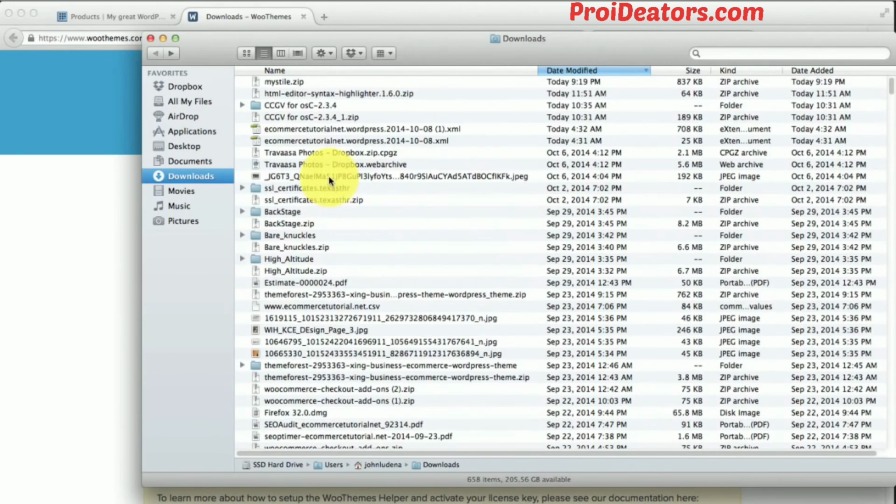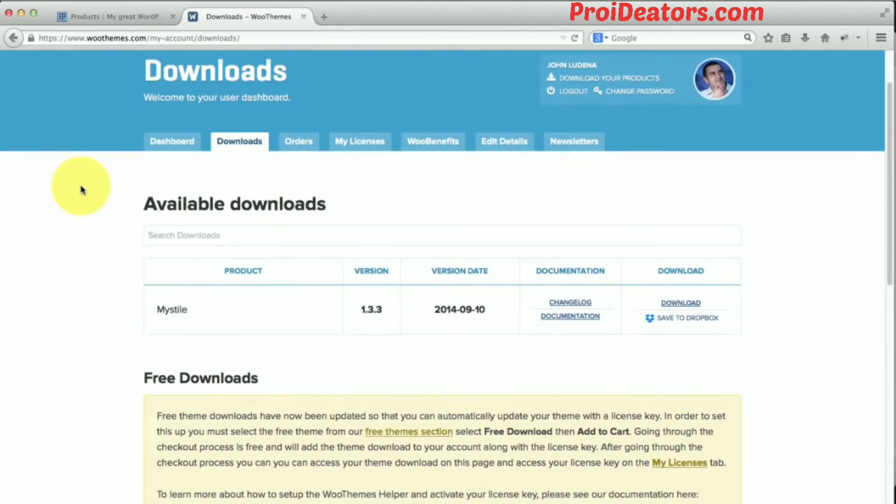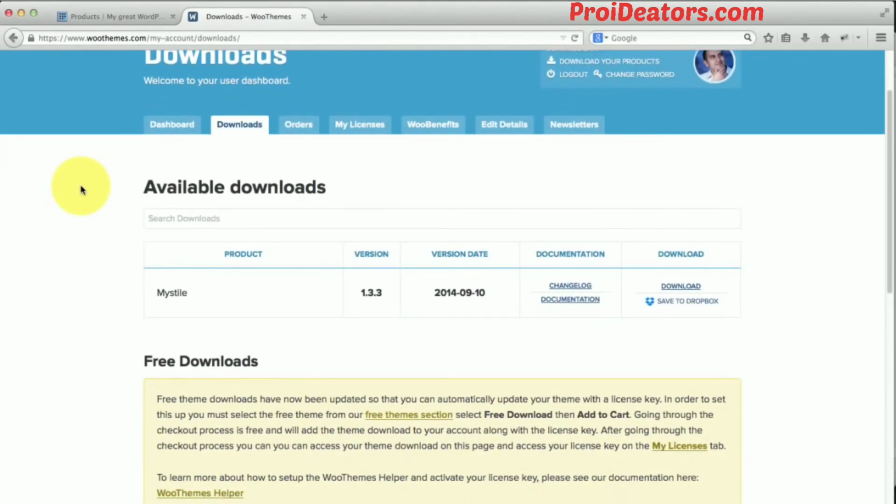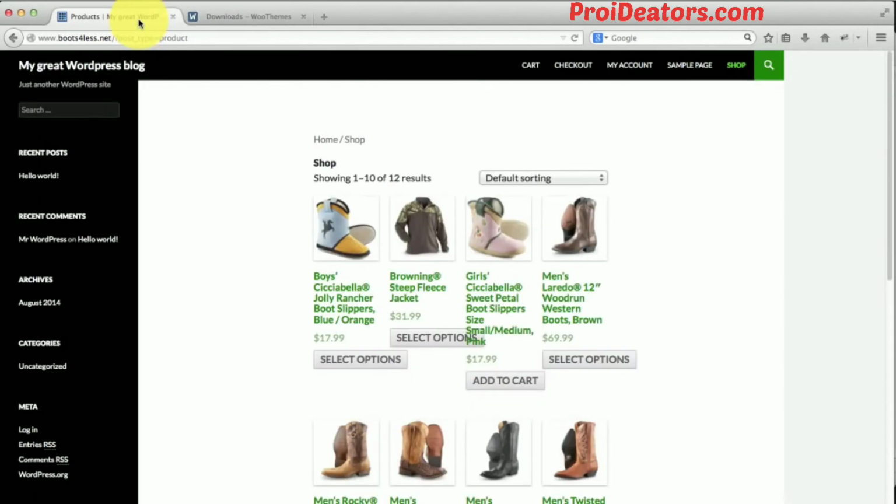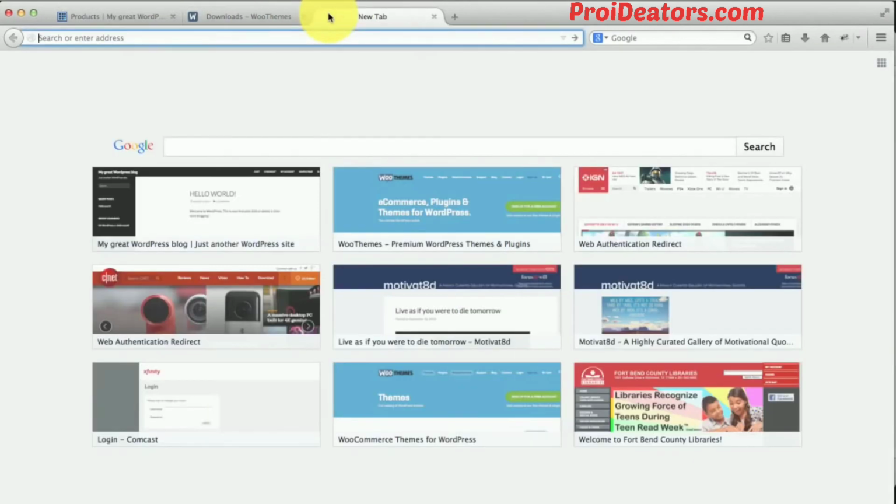Now, one thing you must do is keep that zip file. You don't need to unzip that file, because if you try to upload an unzipped folder through the WordPress admin when you're trying to add a new theme, you'll probably get an error page. So let me just show you that. If we go to our admin backend for our site,